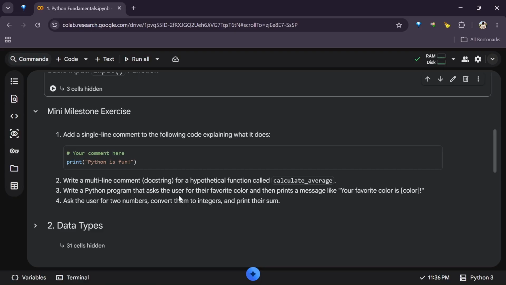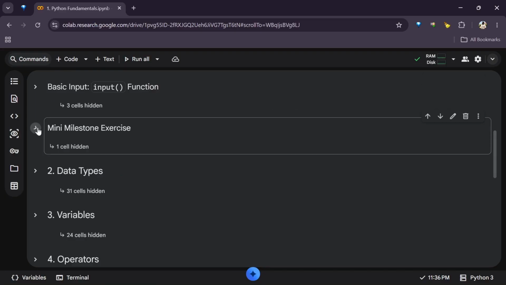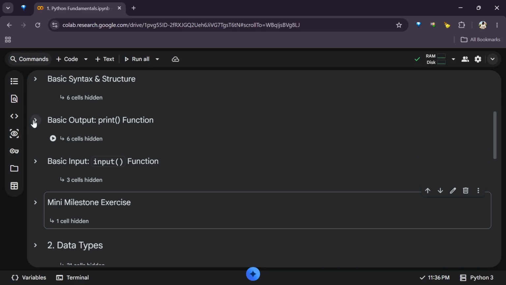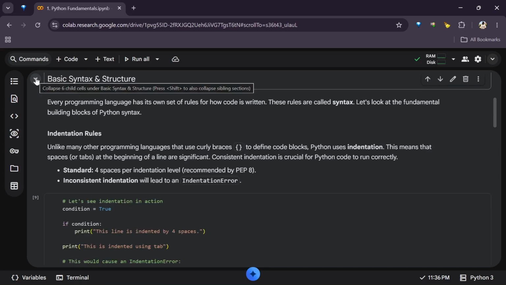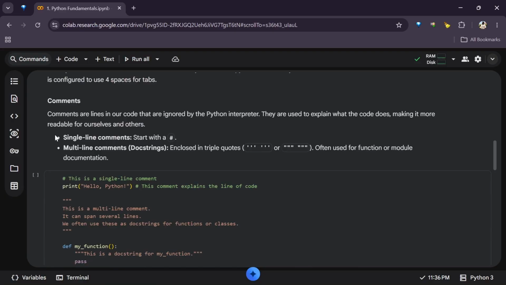Then write a program that asks the user for their favorite color and prints a message such as your favorite color is so. You can spice it up and also ask for their age, their name, so they can say, oh, so this person's color is this. Also, finally, ask the user for two numbers, convert them to integers, and print the addition of the two numbers. All right, so this exercise is for you, to keep your hand going. Just a few things that you have learned so far will really help you, and you should take it seriously so that you can get better in what you're doing.